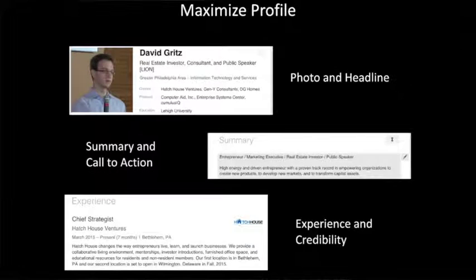So first, how do you maximize your profile? Within your profile, there are 3 key elements. The first element is your photo and headline. One thing that bugs me more than anything is people that think they're so amazing that they don't need a picture, that everyone recognizes your name and you're that much of a celebrity. That's basically what you're telling the world when you decide you don't want to upload a picture. People are either going to think that you're so creepy that you don't want to upload a picture, or that you're so arrogant that people should just know your name.